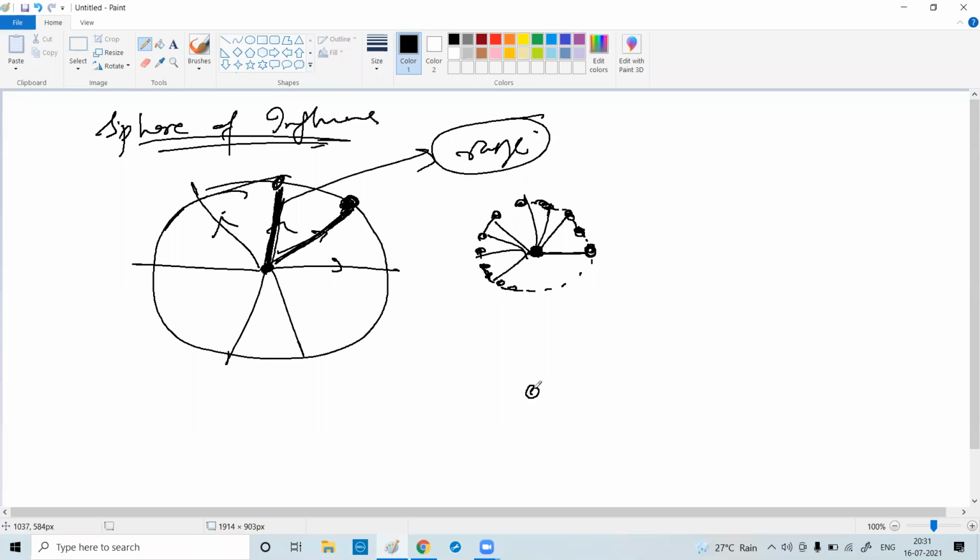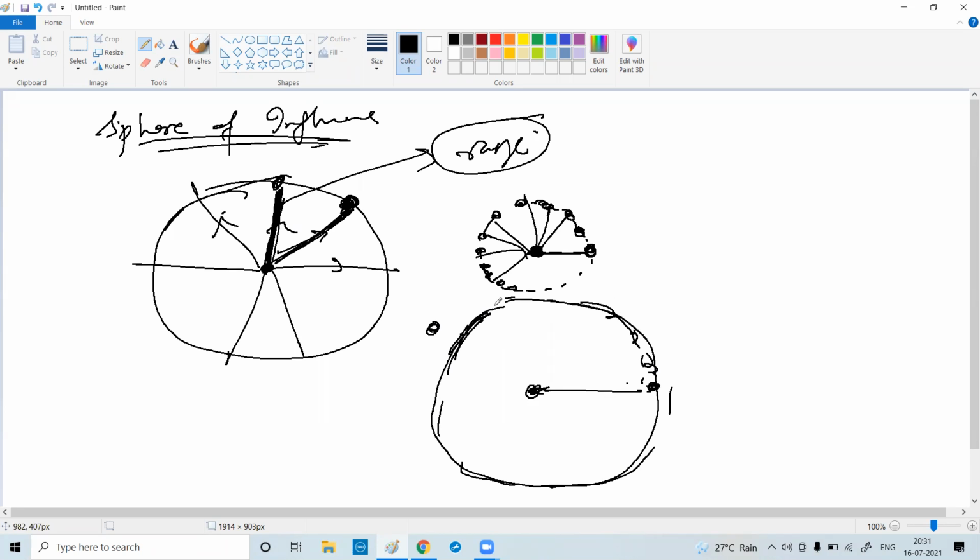I am keeping two droplets. This range is this much. So this range can be anywhere on the circle. I can draw an imaginary sphere. I can keep it anywhere. If you keep it more than this, then you do not get pulled. Why? Because the range is this much only. So if you draw a circle with this range, it is called the sphere of influence.